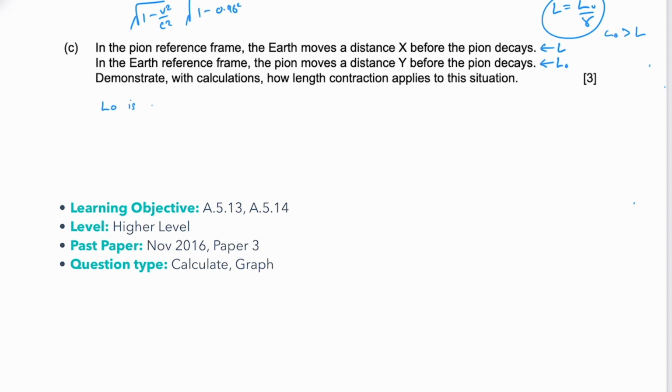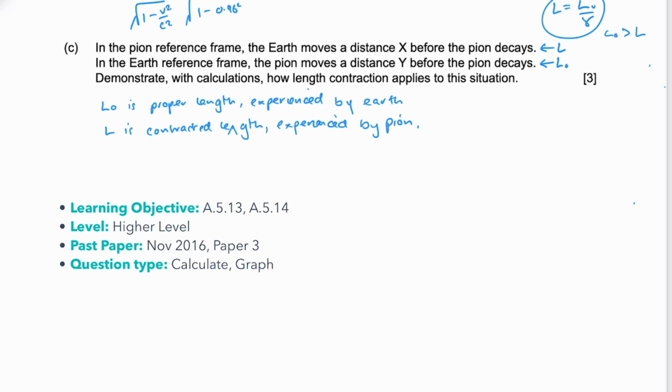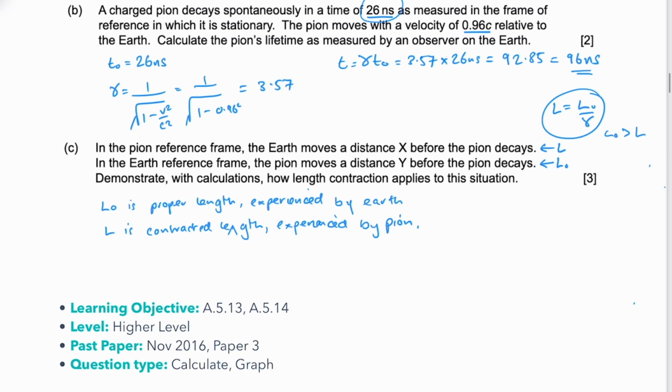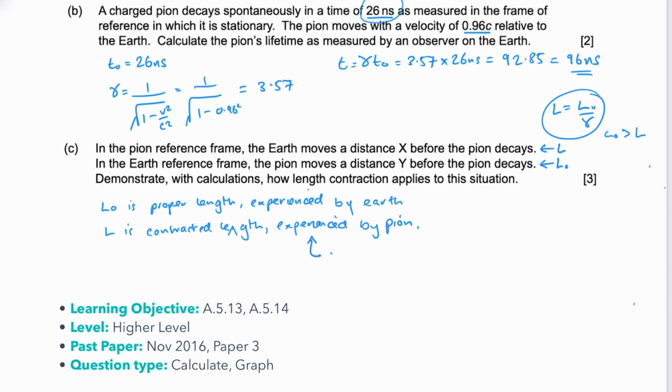L naught is the proper length, and that's experienced by Earth. L is the contracted length, experienced by the pion. The data we've got in the question above gives us the data in the frame of reference of the pion. So we can find out what the distance is using the pion's data, which is distance equals speed times time,